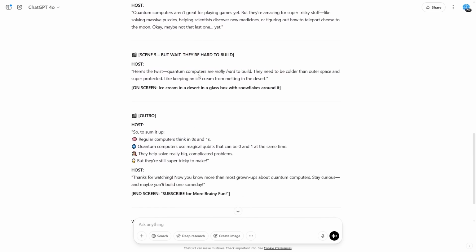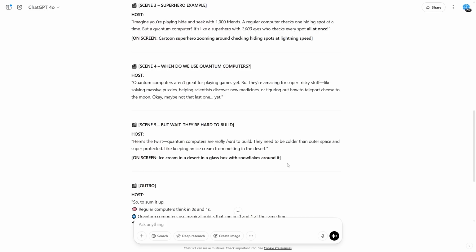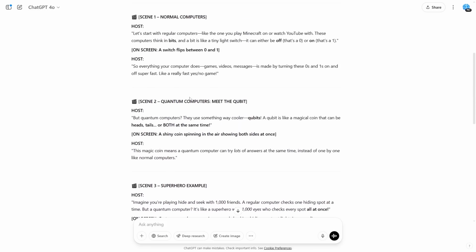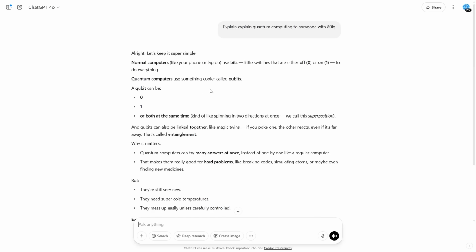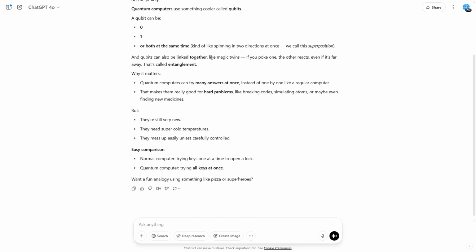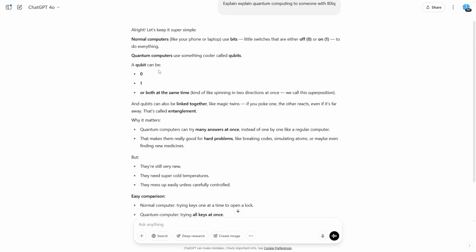And since this is a video script, you can see here that it actually has the host, the on-screen visuals, and other interesting things. If we ask the same question, but if we ask it in a different way, for example, saying, explain this to someone with an 80 IQ, we can see here that the format is also really nice. The way how it lays out the information, it manages to put certain things in bold and space it out in certain ways. It allows you to easily understand complex topics, which is what I use this model for